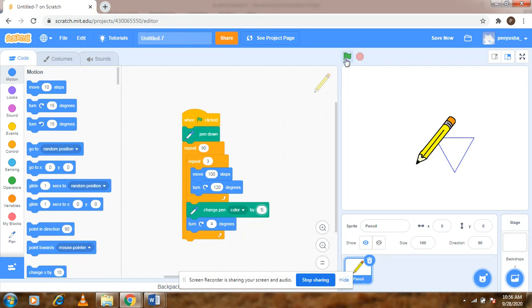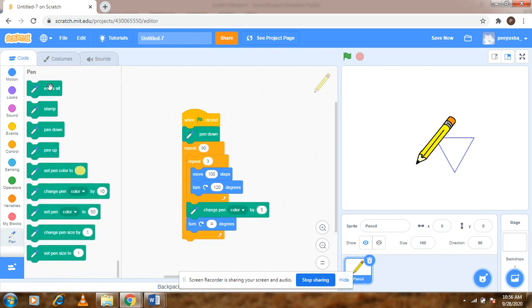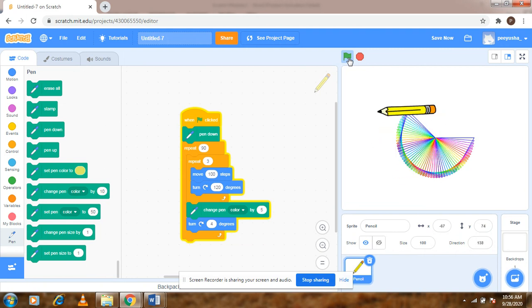So let's click the green flag button, and first of all, let's delete what's already there on our screen by clicking erase all, the first command in the category of pens. And then we can go ahead and click on the green flag, that is the trigger, for which we've added the event code block in the very beginning. That is when green flag is clicked. So the moment we click it, the pen is going to start. So if you can notice, it's turning 4 degrees, changing the color, and every time it's giving us an equilateral triangle, and it's going to repeat this 90 times before it comes to a halt.